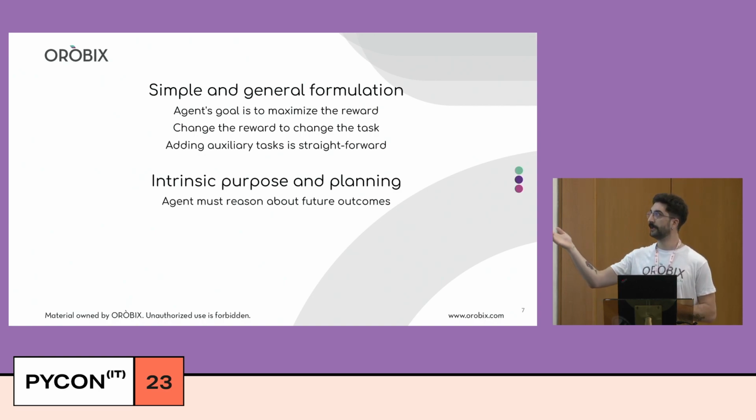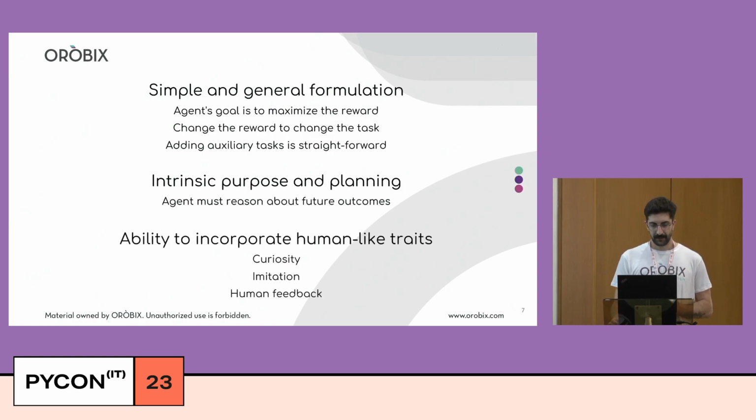So it's the only learning paradigm in which you can have purpose and planning, which you cannot have when you have supervised learning and you're training, I don't know, a model to reason about images, for example, right? And then you can also have the ability to incorporate human-like traits, like curiosity, which is something that we have since we are born, imitation, and that kind of